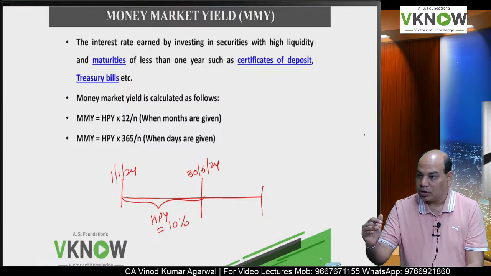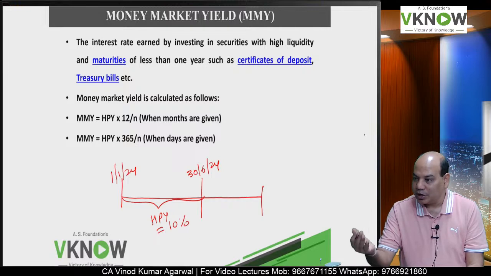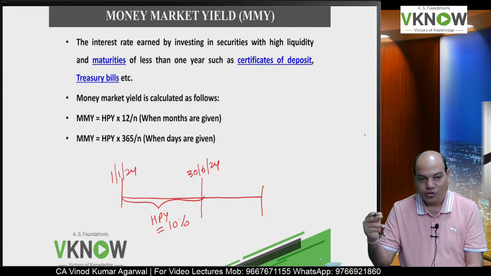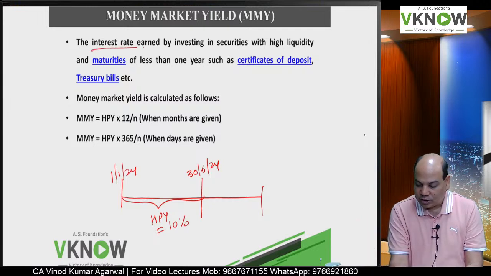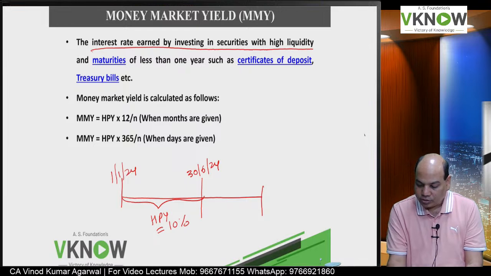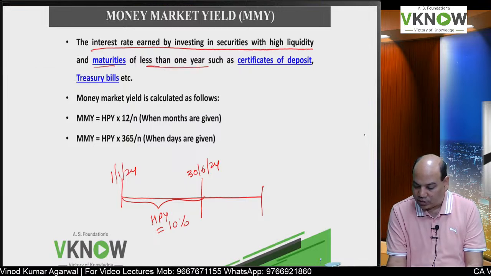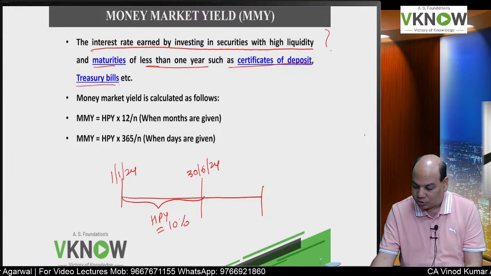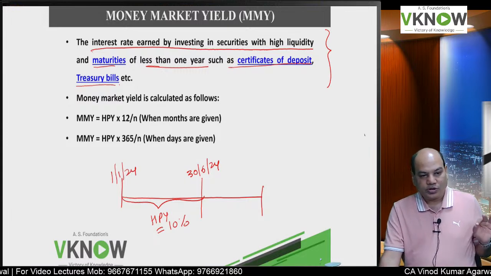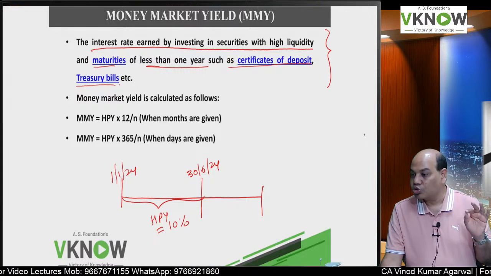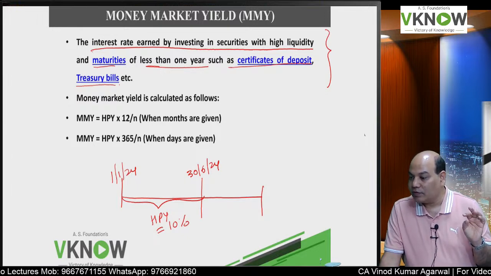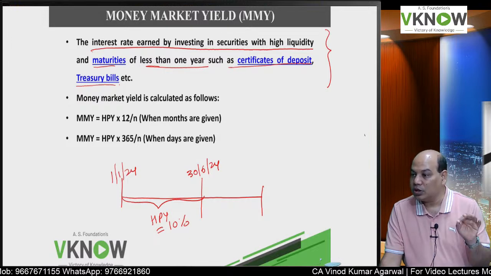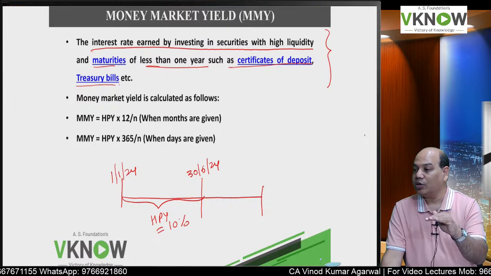So when we convert the holding period yield into per annum, that is called money market yield. So the interest rate earned by investing in security with high quality and maturity of less than 1 year, such as certificate of deposit, treasury bill. There is a chapter also in our syllabus, money market. So these money market instruments have short duration, short maturity, like certificates of deposit are for 6 months or 9 months. Treasury bill may be for 3 months, 6 months, 9 months, but the rate of return is expressed